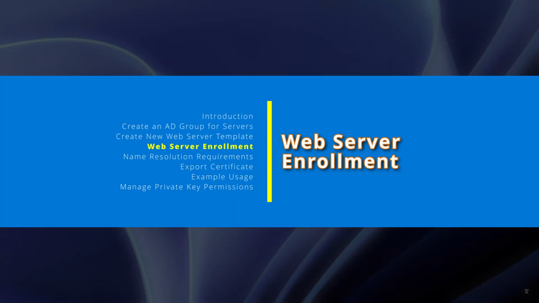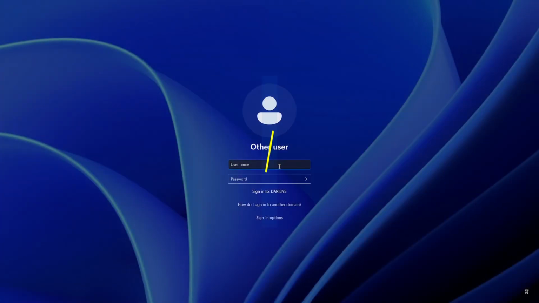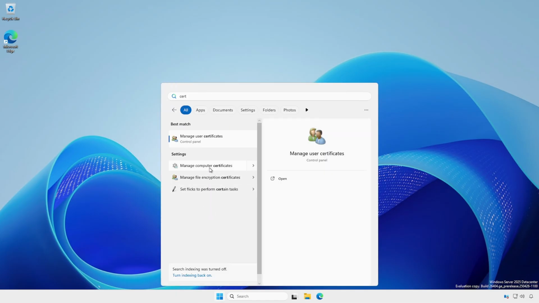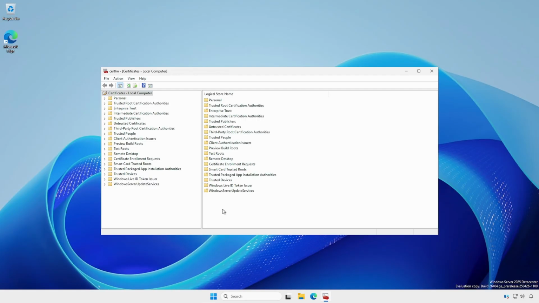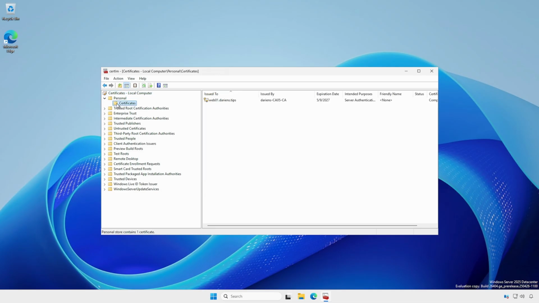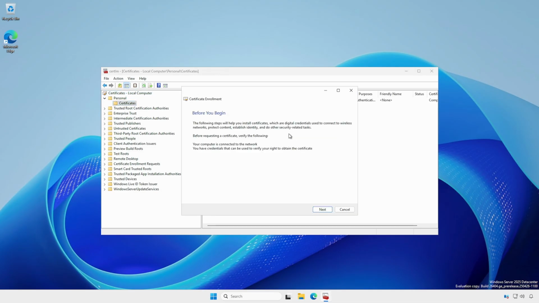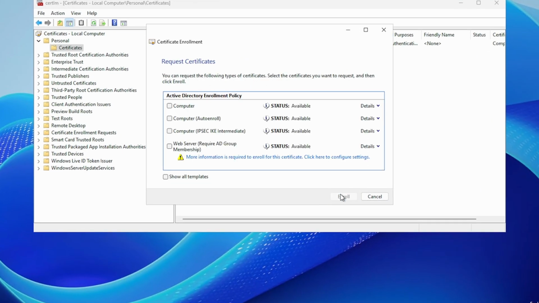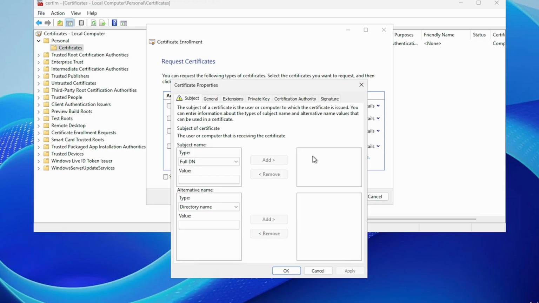Log into a domain joined workstation or server that is a member of the AD group created earlier with administrative rights. Open the Computer Certificates MMC. Ensure the certificate store reads Certificates, Local Computer. Open Personal Certificates. Right-click All Tasks, Request New Certificate. Hit Next twice. Under your web server template, click the More information is required to enroll for this certificate link